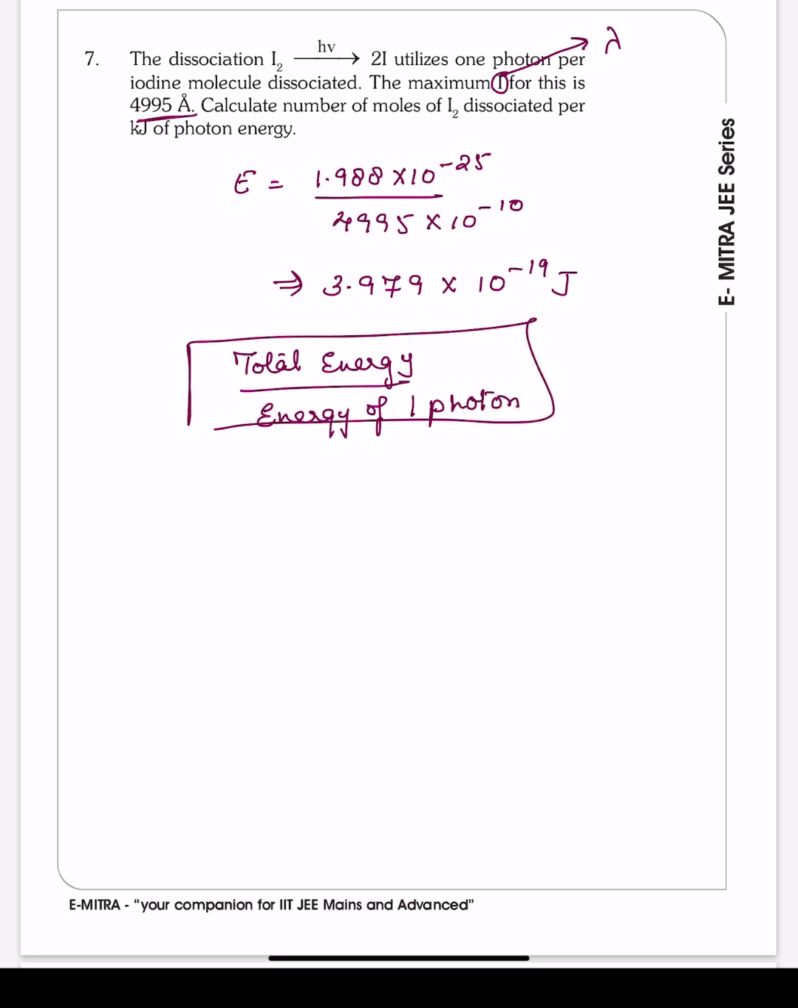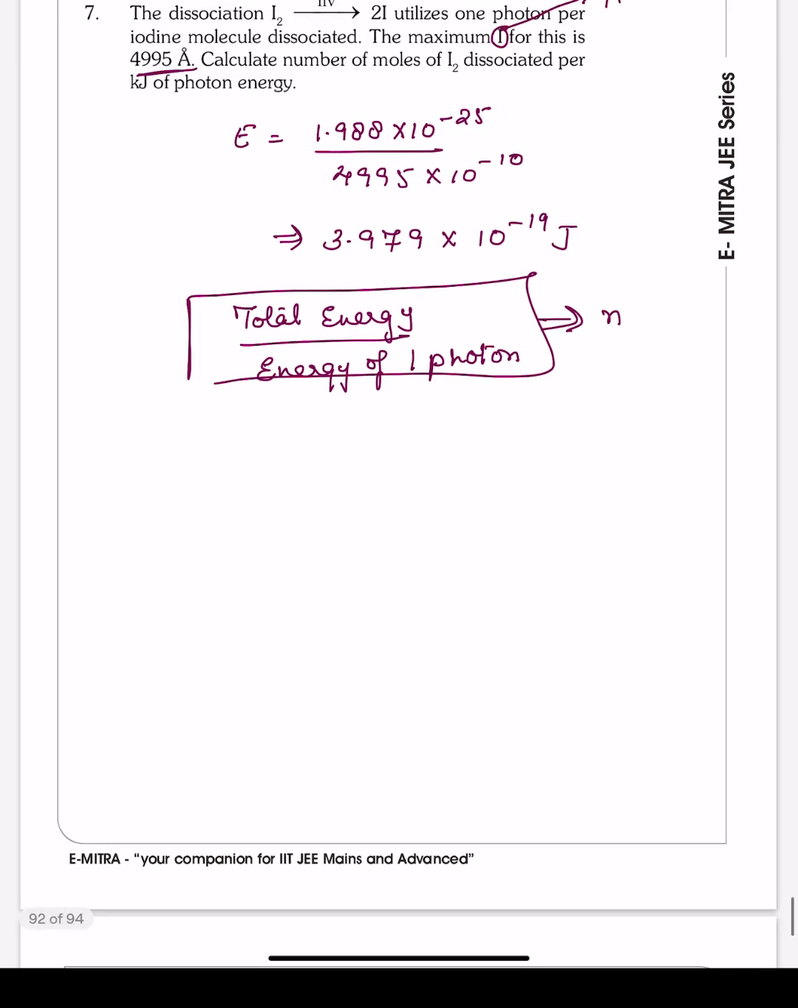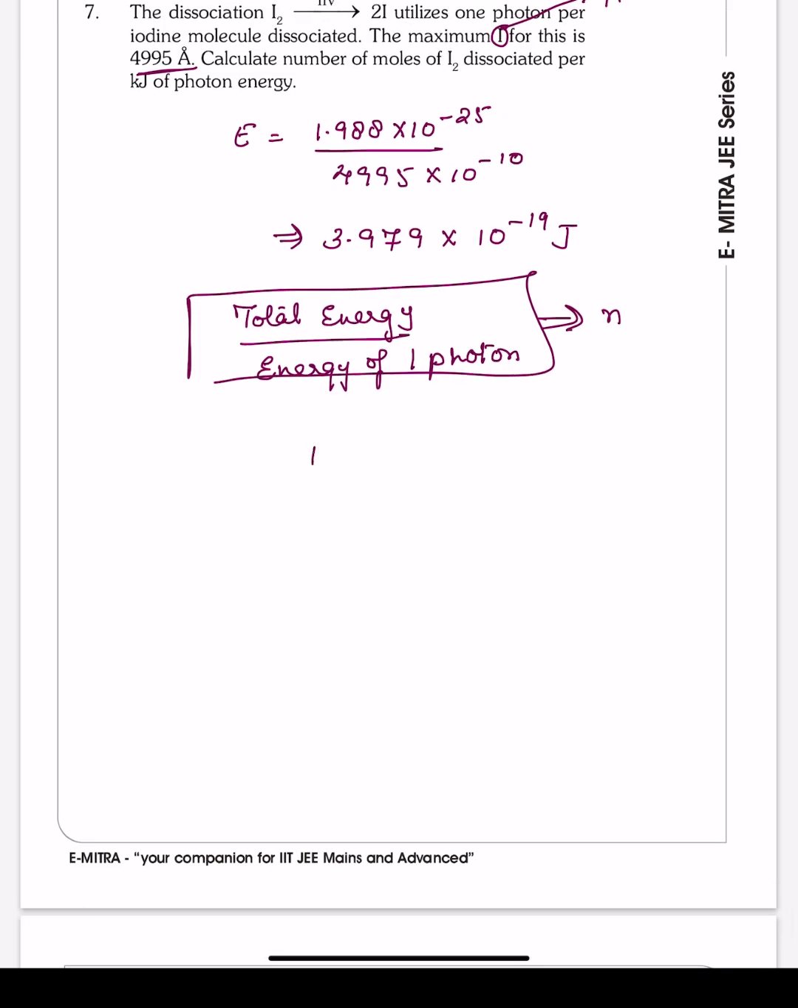This will give us the number of photons, which we denote by n. The total energy is given to us as 1 kilojoule, which means 1000 joule, and upon the energy of one photon, which we found to be 3.979 into 10⁻¹⁹ joule. If we solve this, we get 2.51 into